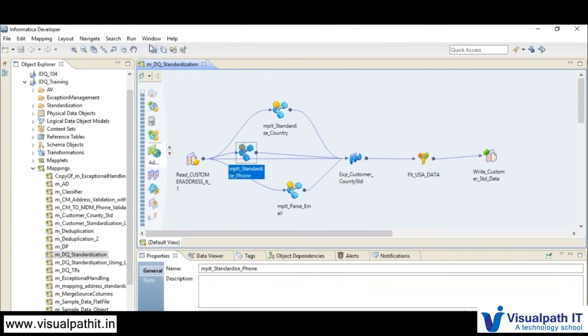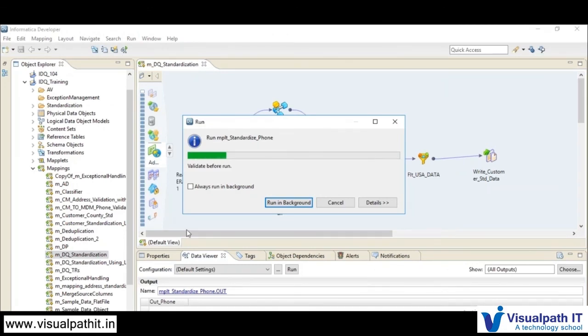You can select that particular object and click on the data viewer option. Usually you will be going with it here, or you can also get it from your run section. You can always use this data viewer option actively whenever you are working on data quality projects, because at each and every step you want to assess how the data is flowing. So Informatica Data Quality is providing a great feature, the data viewer, where you can easily understand how the data is flowing.